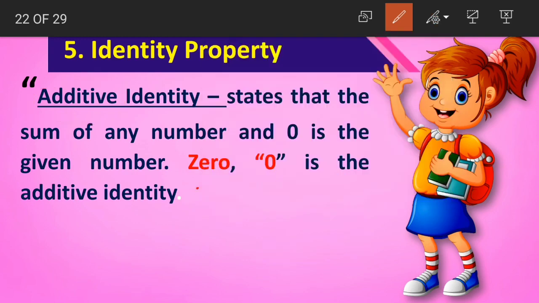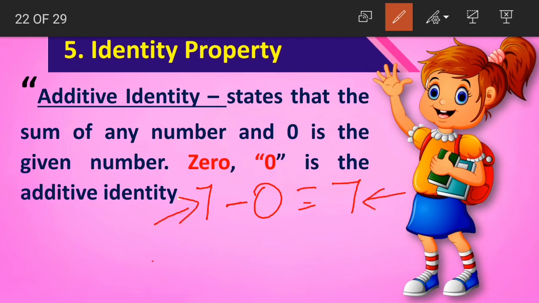What about subtraction? When we subtract 0 from a given number, 7 minus 0 gives us what? If you have 7 chocolates and I take 0 chocolates from you, 0 means nothing. So I have taken no chocolates from you, then what will you have? You will have the same 7 chocolates with you, right? So even in this case, when 0 is subtracted from a given number, the identity is not changed.